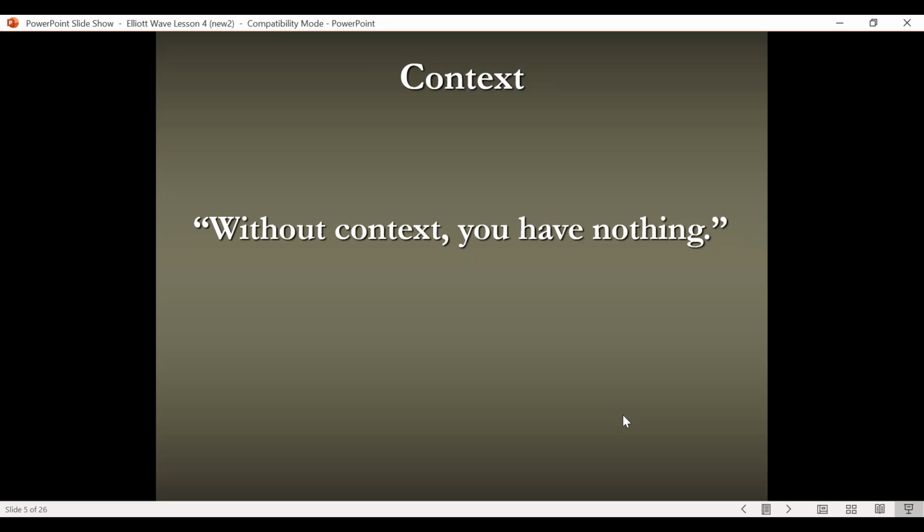And the importance of this is that it reminded me that whatever I'm seeing on a chart, I need to take a look at a different perspective. If I'm looking at the daily chart, and I know you can't switch from daily to monthly to weekly on TradersPro, but if you have another charting service that can do that, I think it's important that we look at longer time periods, which we will do here. You want to look at it from a little bit different perspective, because if you don't understand the context of what you're looking at, you don't have anything, and you can make a lot of mistakes. Sometimes zooming out and looking at the bigger picture will make things a lot clearer.